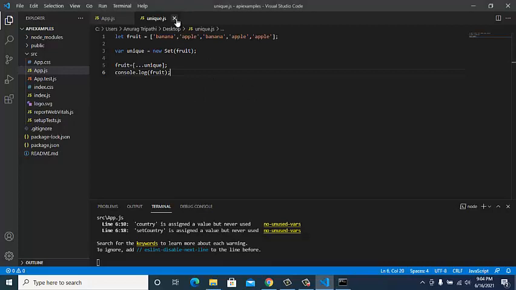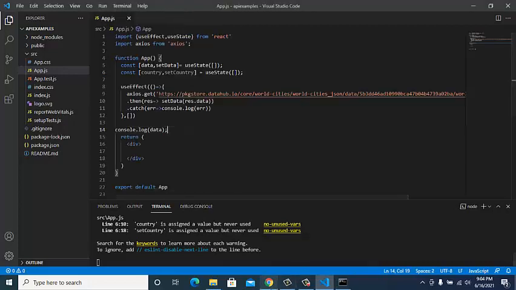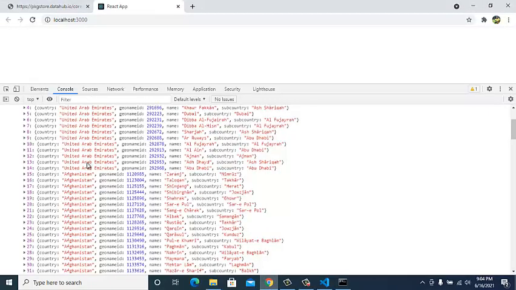Okay, so this is how we make the data inside an array unique. We are getting country in this array multiple times. So what we have to do is go inside each object, get the data, and check if it is unique or not in the set.